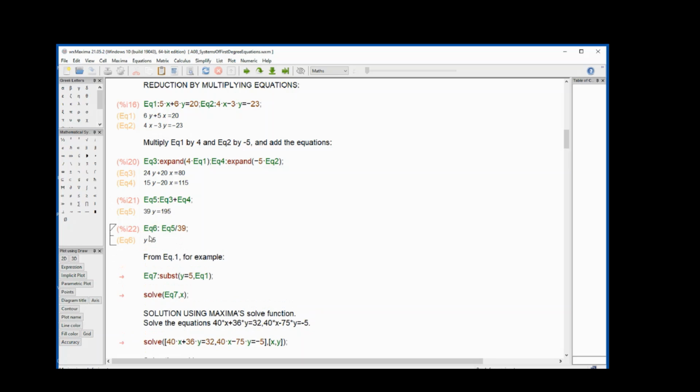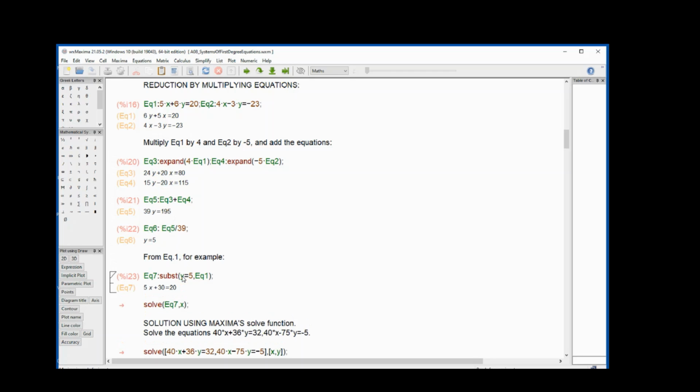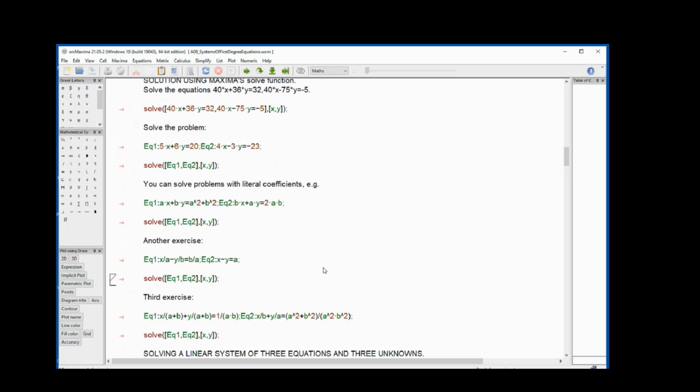Then what I have to do is substitute this y into one of the two equations, 1 or 2. I did it in 1 here, and solve for x. And this is the solution of a single equation, which is something we know how to do. And so we end up with our values of x equal -2 and y equal 5. Now,